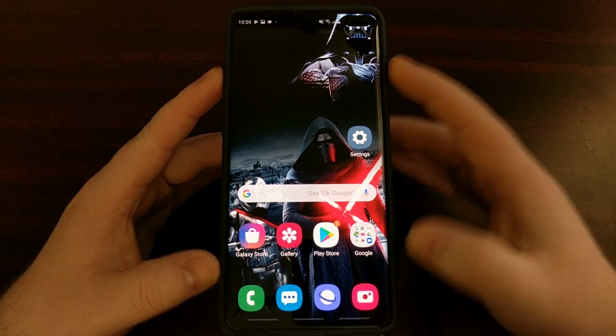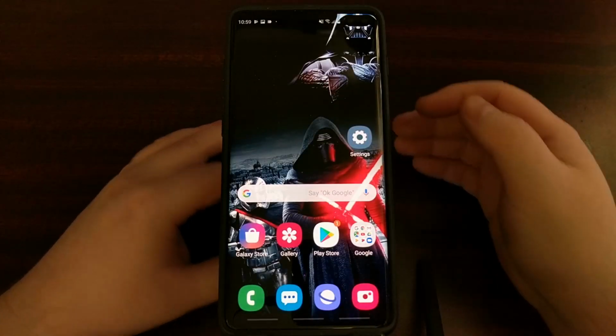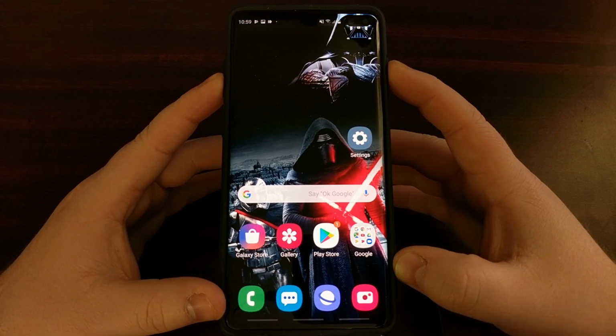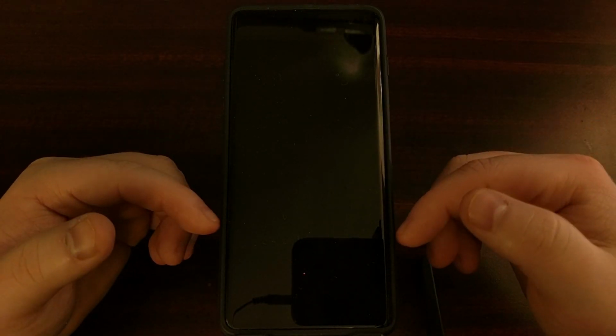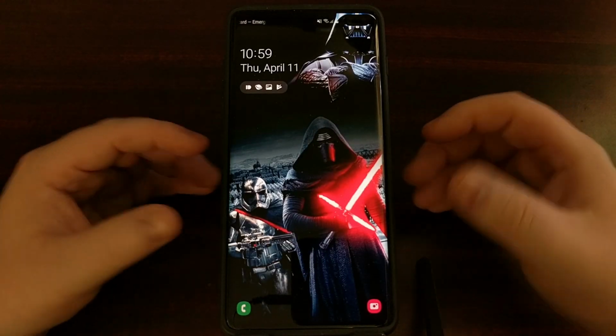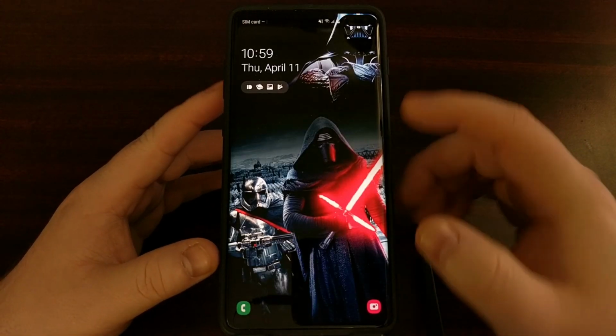So I want to show you, by default, you can see I have a bunch of notifications here. And whenever we go to the lock screen, usually those notifications would appear there and you could take action on there. However, when you look at the lock screen, there's no notification cards there like we're used to seeing on